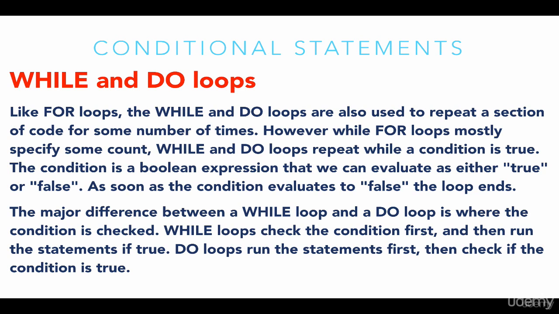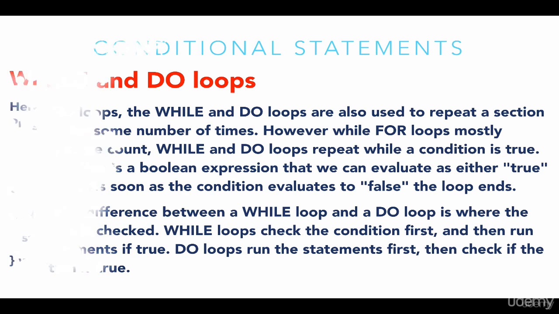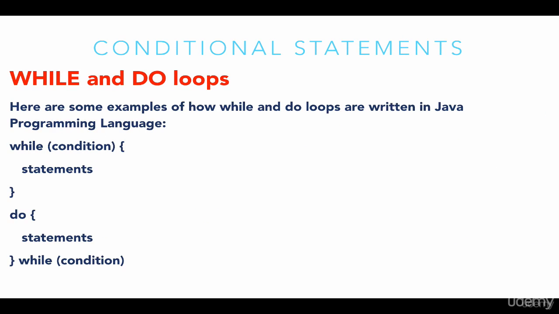Okay? The major difference between a while loop and a do loop is where the condition is checked. While loops check the condition first and then run the statements if true. Do loops run the statements first, then check if the condition is true. Okay? So as you can see here, here are some examples of how while and do loops are written in